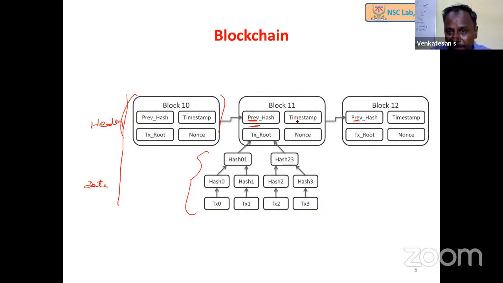And we have the timestamp as another attribute. This is common in any blockchain implementation. It is the Linux timestamp, representing the time at which the block is created. And then the nonce is there. This is for proof of work, and it helps in solving or verifying the proof of work solution. We will discuss this when we discuss proof of work.